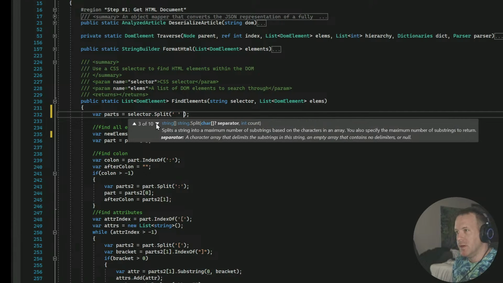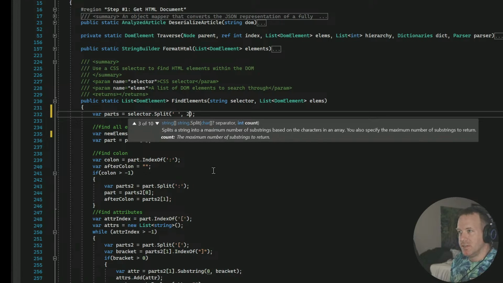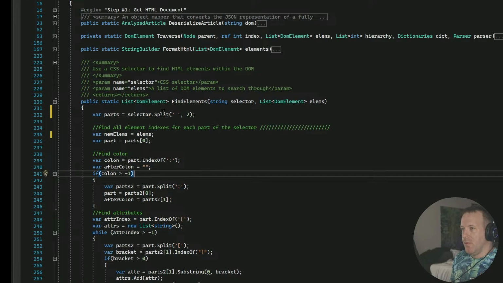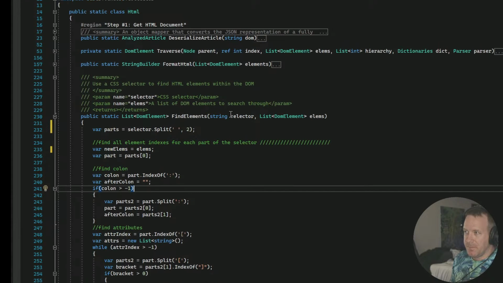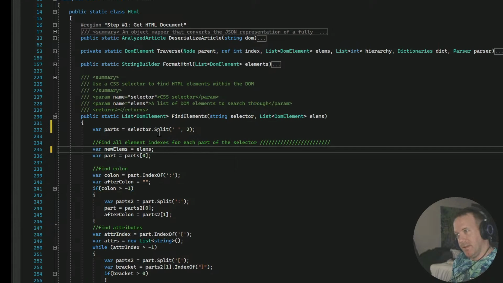There we go. 2. So we'll find the first part of the selector, and then the rest of it will